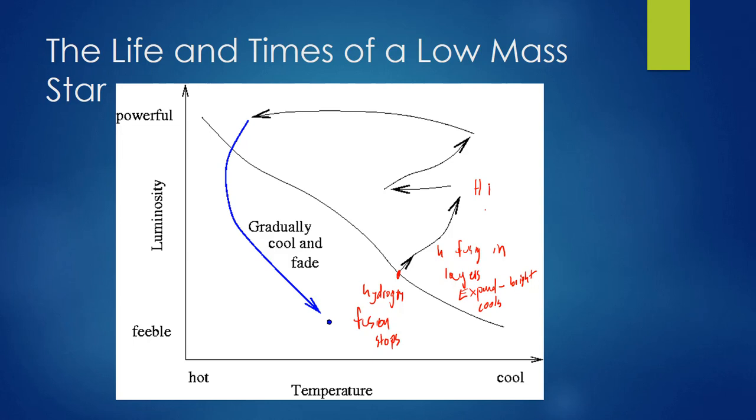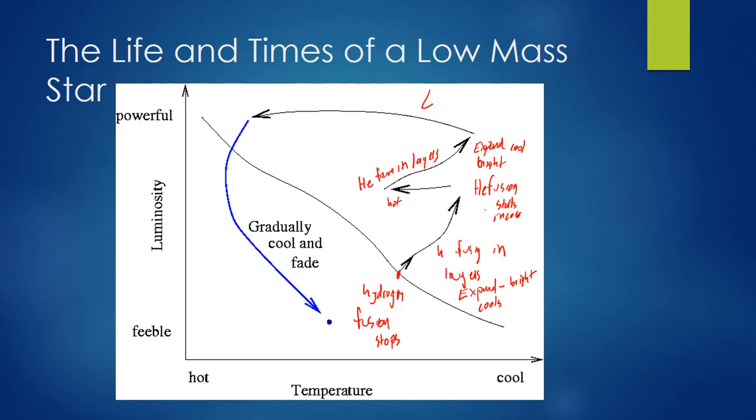And then we have helium fusion starting. So helium fusion starts, and this is in the core. And that causes this thing to actually get very hot again. So now it's hot, and then helium in the core stops. So helium fusion in layers is going on right here, and again that causes it to expand and cool, but it also makes it bright. So you'll notice this thing has been getting progressively brighter. It's getting brighter because it's getting bigger, and then it gets hotter, and then it gets bigger and brighter,